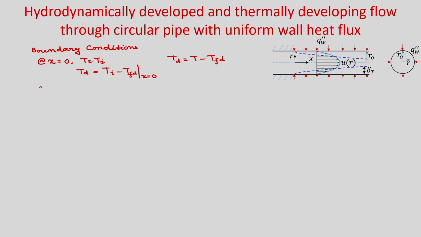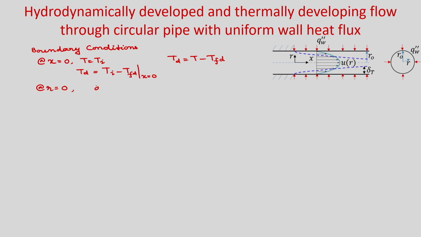Now, in the radial direction the boundary conditions are at r is equal to 0. Due to the axisymmetric condition, as it is thermally and geometrically symmetric, you will get maximum or minimum temperature at the central line where r is equal to 0. That means the temperature gradient with respect to radius will be 0. So, you will get del T by del r is equal to 0, and in the fully developed case also you can write del TFD by del r is equal to 0, because we have already imposed this boundary condition.